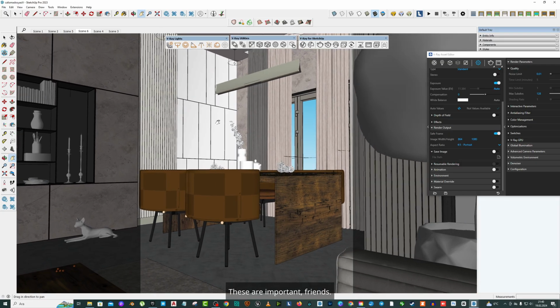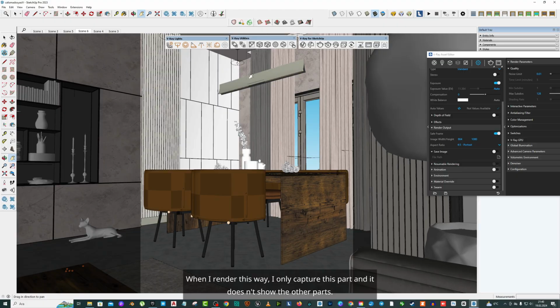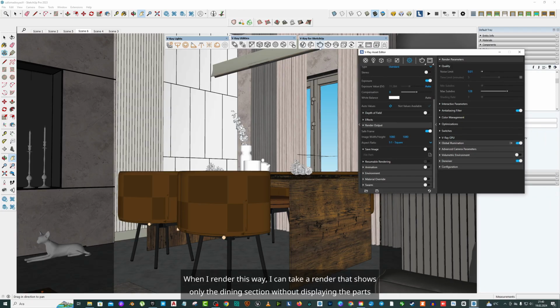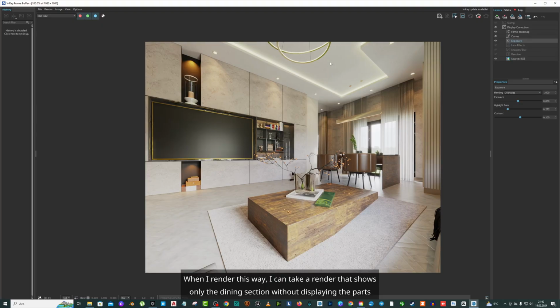These are important, friends. When I render this way, I only capture this part, and it doesn't show the other parts. When I select 1:1 from here, the screen will expand a bit more, and I will capture this area in full screen, friends. When I render this way, I can take a render that shows only the dining section without displaying the parts left outside proportionally, friends. On the screen, there's a slight